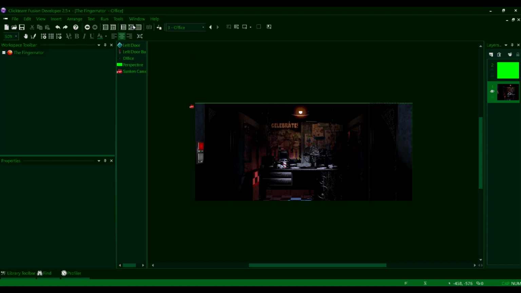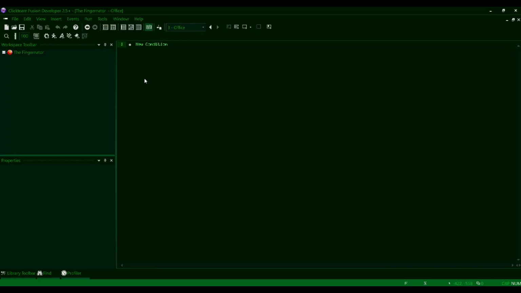So once we've done that, we're going to go to our event editor, and we're going to start making some code. So the first thing we're going to do is right click on here. We're going to hover over insert and go to group of events. As soon as you do, this will appear. So we're just going to go ahead and call this doors because we're doing door coding, and we're going to